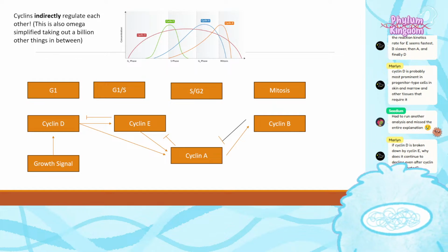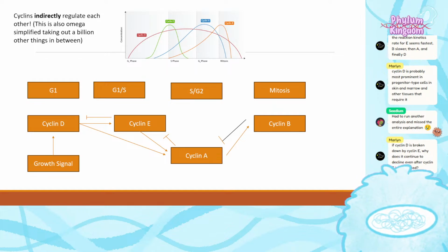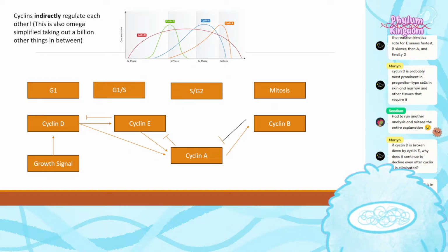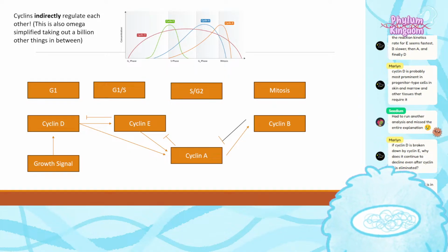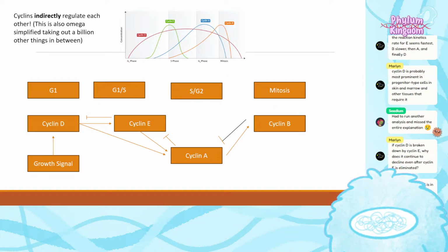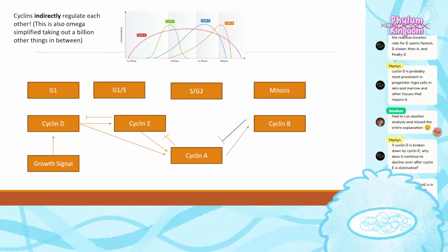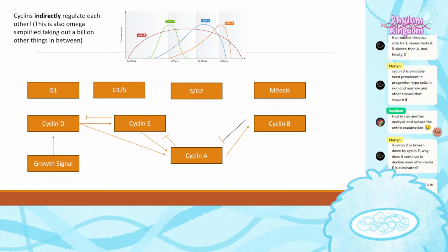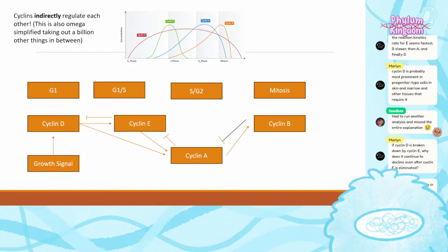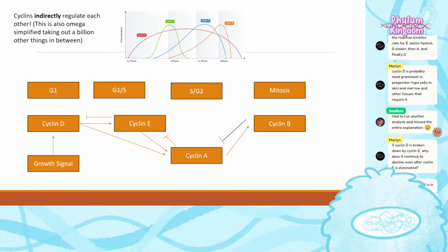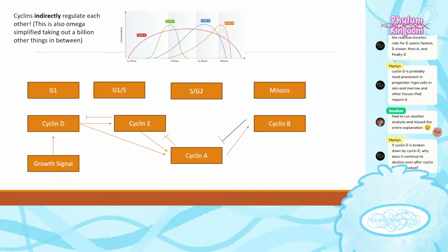Maybe once the cell is in the cell cycle, growth factors are ignored, so no more cyclin D is made. Well, it kind of depends. If the cell needs to be constantly replicating, you might always have that growth signal, because the growth signal comes from the outside, right? That growth signal might be there, but if it's going through these processes, like cyclin E is knocking down cyclin D. So even though the signal is there for cyclin D to be upregulated, there's so much cyclin E that it prevents it from doing anything strange, right? That's why this is so nice. Even in the process of additional growth factor, it needs to finish before cyclin D is permitted to be high again.